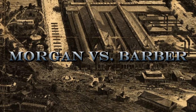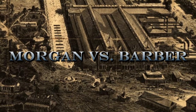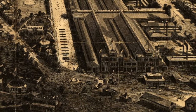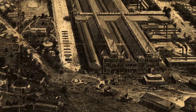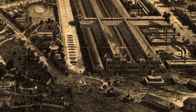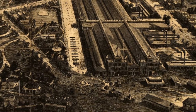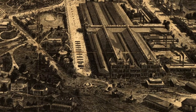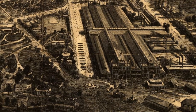We'll begin the story in 1876, when the United States was celebrating 100 years as a nation. This is just a quick view of the gigantic Centennial Exposition that was held in Philadelphia that year. But meanwhile, over at the U.S. Mint in Philadelphia, there were several players that were already in place that would become pivotal to the changing future